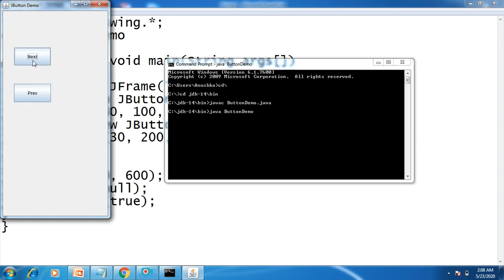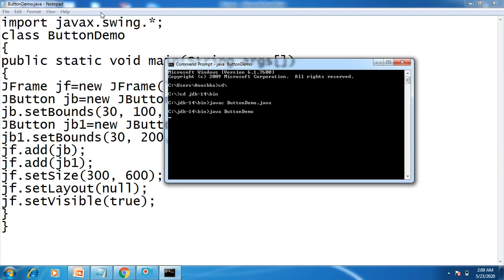Based on that, once you click it, an action event is generated, and you can write the code in the actionPerformed method, where you can take a label and say which button you have pressed, like that, which we have already seen in a previous example, that is alpha and beta, two buttons we took, and whichever button I click, based on that it will show me the output. So this is the demonstration of a JButton demo.